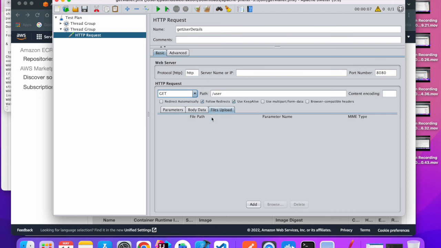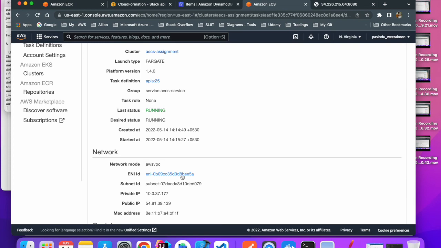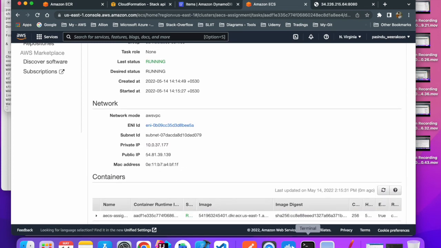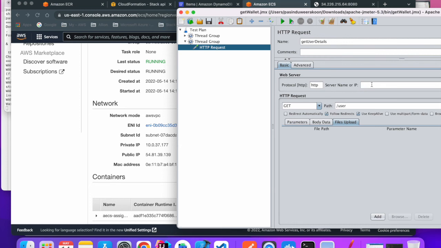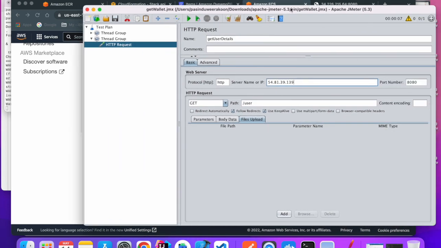And if you want to upload some files, you can use this one, add file, and in my case I'm not using those, so I'll add this 54.81.39.139 here, and